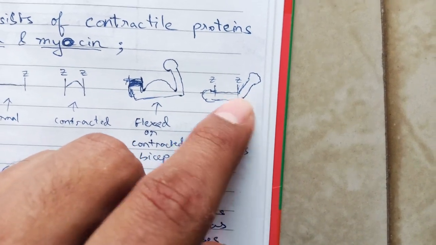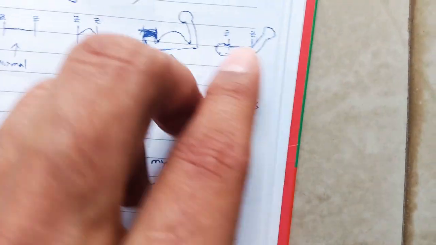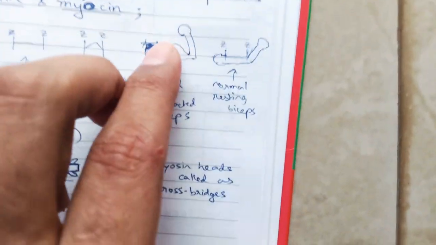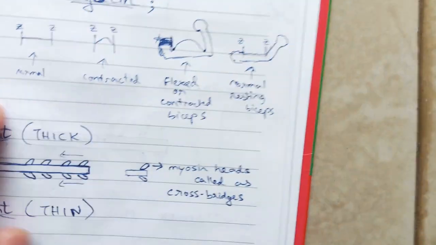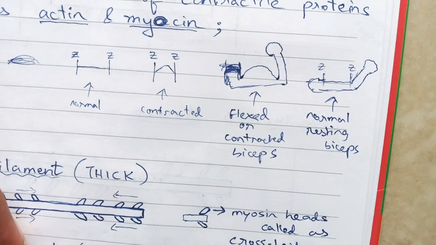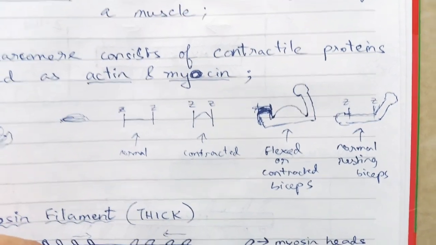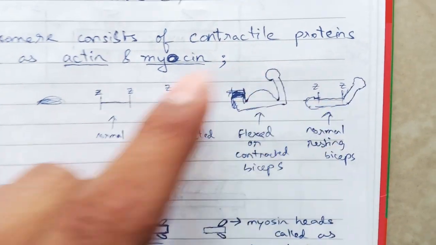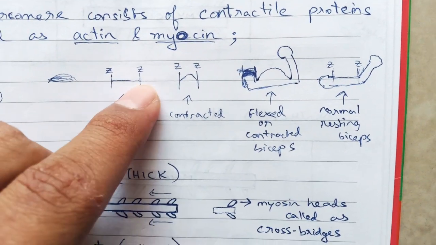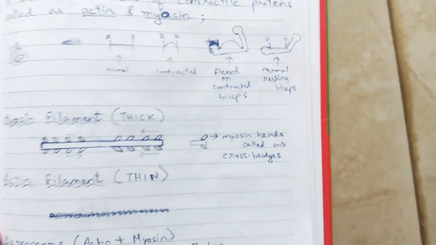It's kind of flat. Now when you're flexing it, what happens is these two lines, imagine there's a line between this, and these two lines are coming close to each other. That's the reason you're getting this contracted shape. So this is what I have drawn over here. So what are these lines and how are these related to actin, related to sliding filament theory? That I'll tell you in a minute. For now, just take a look at these things so that later it will be easier for you to understand. So in normal state, this is the length. When it is contracted, these two lines are coming close to each other.